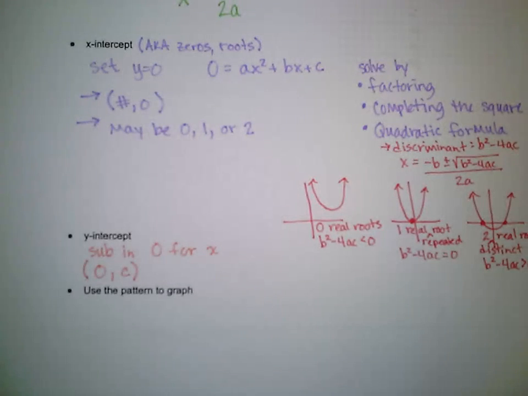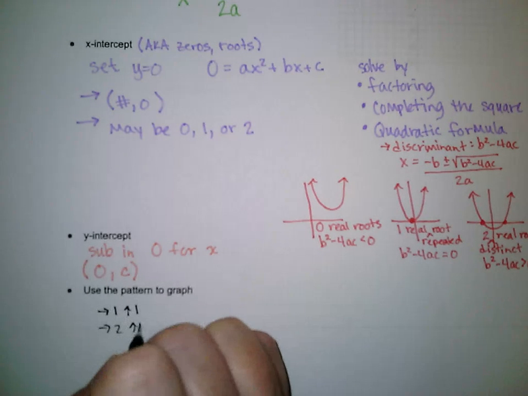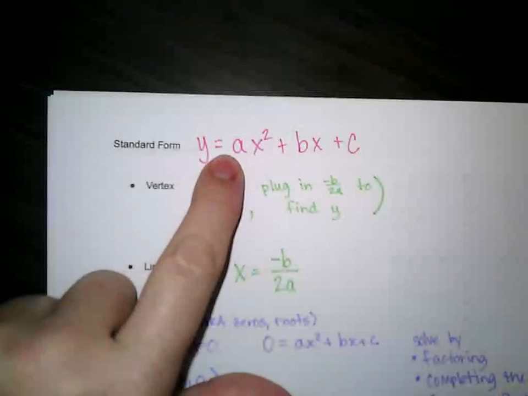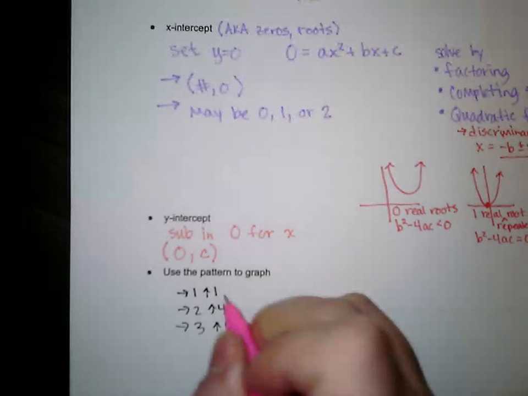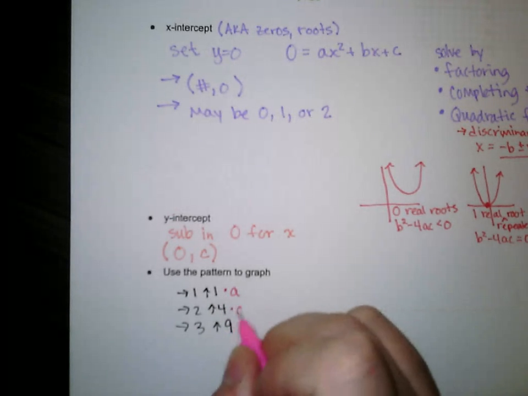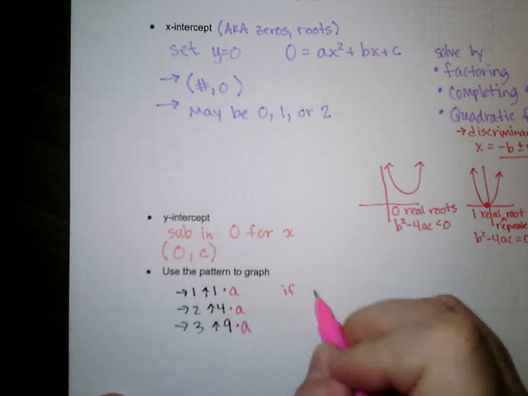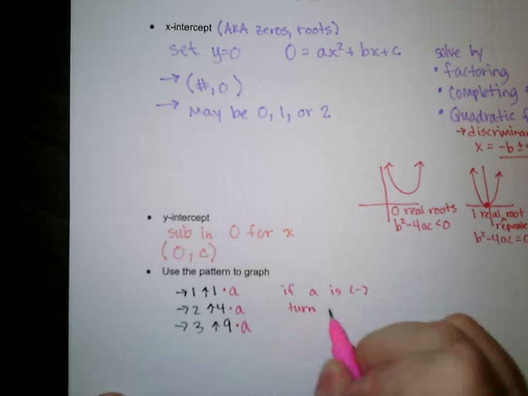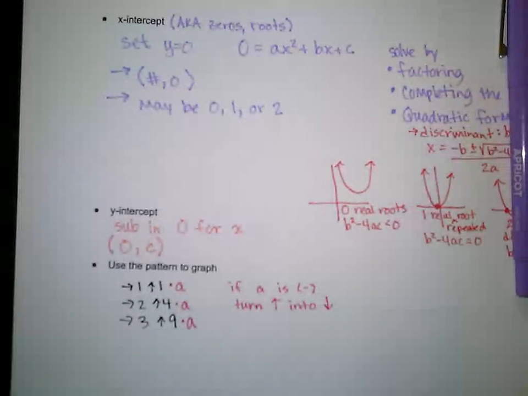And then we use the pattern to graph. So remember, our normal pattern is over 1, up 1, over 2, up 4, over 3, up 9. But if we have a stretch, then that's going to be that number out in front, just like it was before. So if we have a stretch or compression, then we are going to multiply all of our ups by that number. And remember that if a is negative, then you're going to turn your ups into downs,